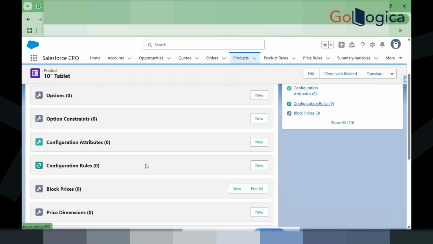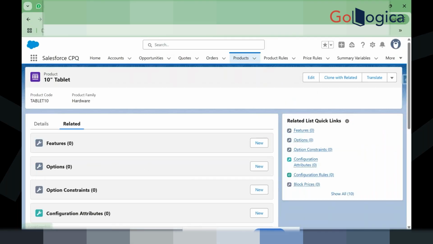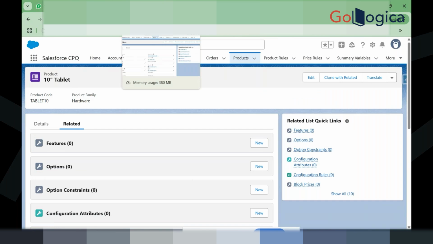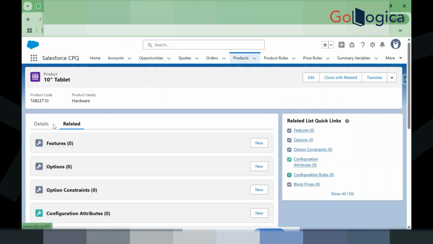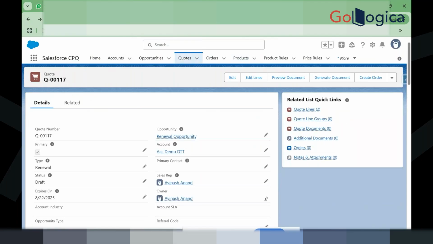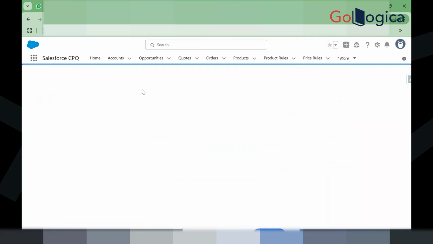So what I will do here is create a validation rule that on a quote, if someone tries to select that product, he or she must enter at least 10 quantity of that product. Otherwise, the quote will not save. So how will you configure that? This is a kind of validation rule which you have to fire via